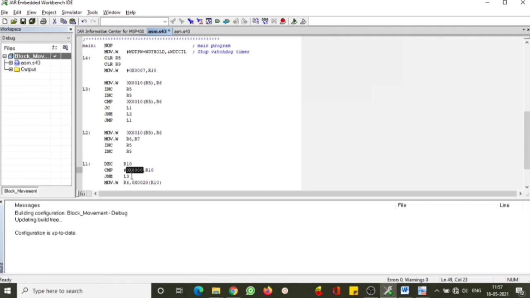Since it is not, it will move down to L3. In L3 it will move again and compare a new value. By the time it completes everything, we will see R6 holding the highest value, which will be moved into the location. Is it fine? So this is how the loop is running, and we can find the maximum value here.